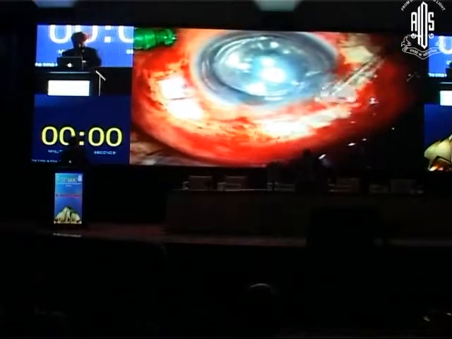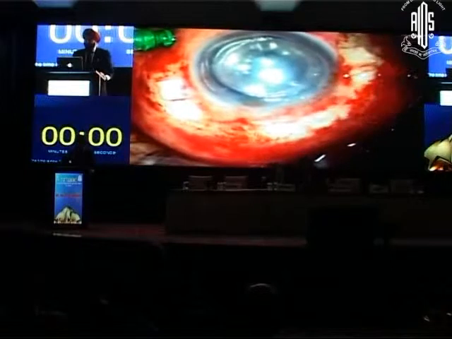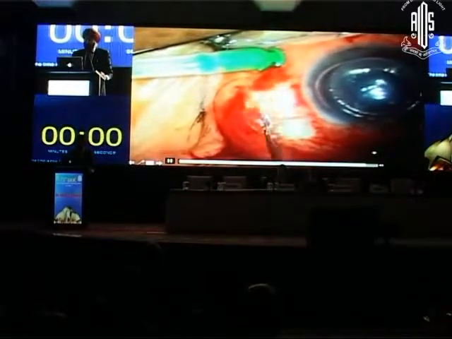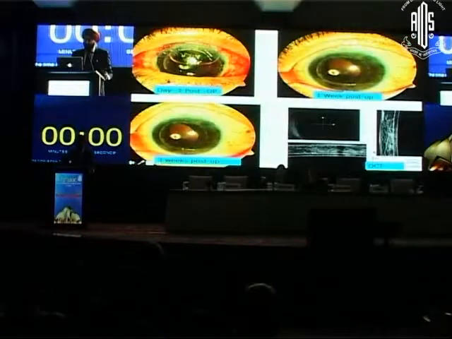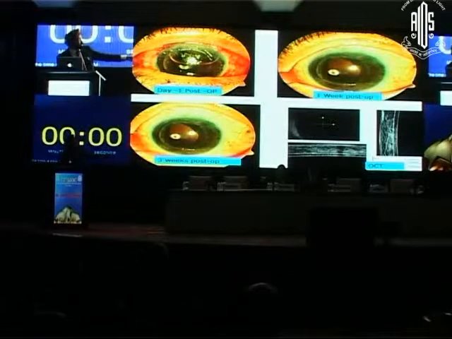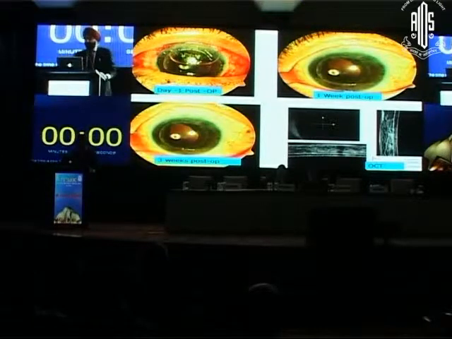We put in a lot of air, and it is now tight, and we will put in the glue, and this will be the end of the surgery. So this is to show you the post-op pictures, 1 day, 1 week, and you can see the OCT image which is showing a good DASIK lenticule which is adherent.